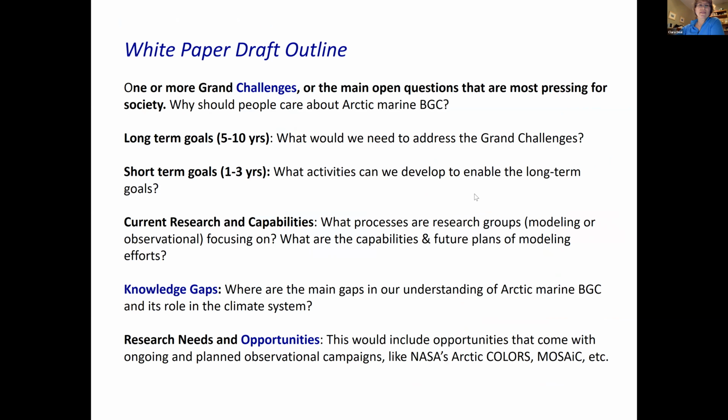I'd like to leave you with a preliminary rough outline of what will be in the white paper. The white paper is going to highlight challenges, knowledge gaps, and opportunities on the broad topic of Arctic marine and coastal biogeochemical processes in Earth system modeling. That's the broad topic. What I envision is approximately 3 core group members or a core team that will coordinate the development of the white paper. And then we'll ask a group of contributors to provide specific input to the draft.